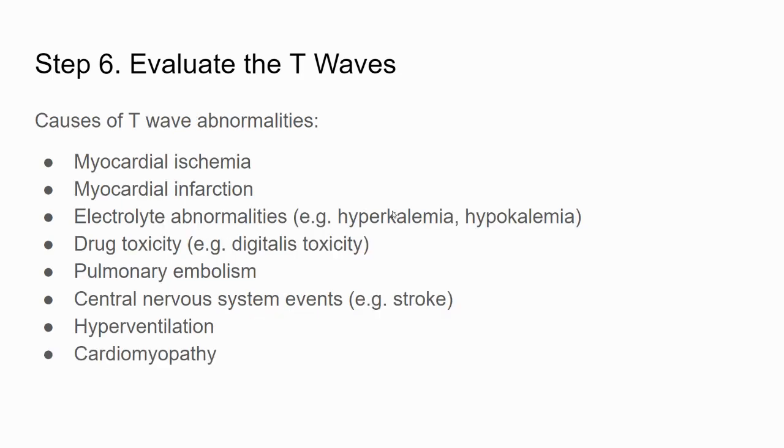Causes of T wave abnormalities include myocardial ischemia, myocardial infarction, and electrolyte abnormalities. So hyperkalemia, hypokalemia. Typically in hyperkalemia, we'll have a large peaked T wave, whereas in hypokalemia, we'll have a flattened out T wave. Also drug toxicity, for example, digitalis toxicity, pulmonary embolism, central nervous system events, for example, a stroke, hyperventilation,